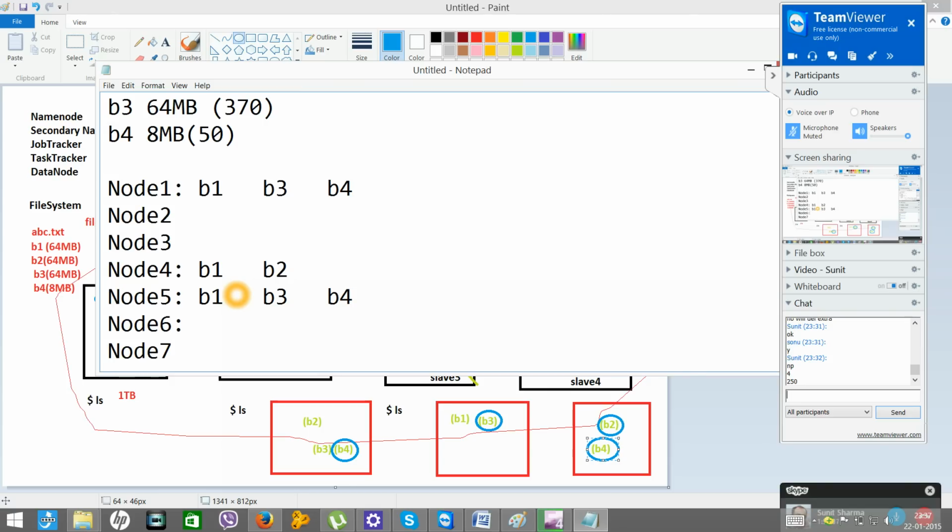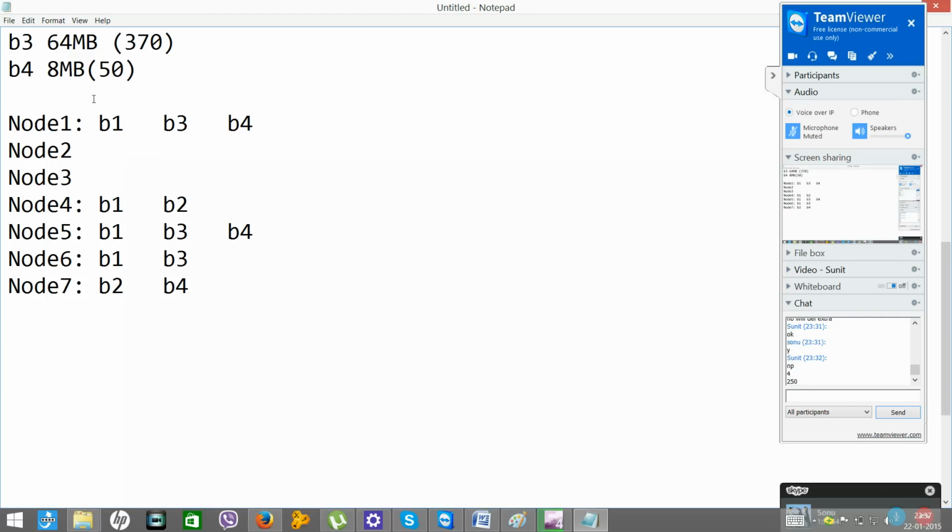Node 6 will store B1 and B3. Node 7 will store B2 and B4. So we had data of 200 MB divided across 4 blocks, and as per our replication factor the data were divided across many nodes.